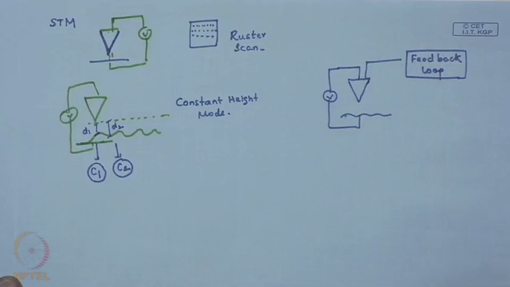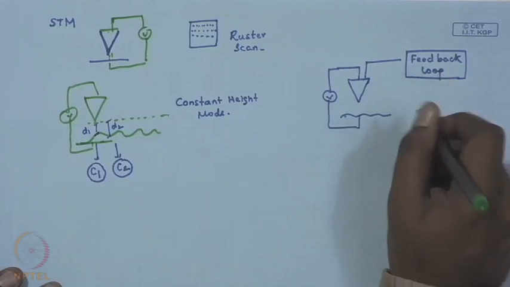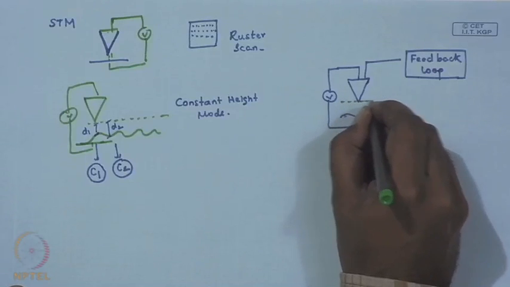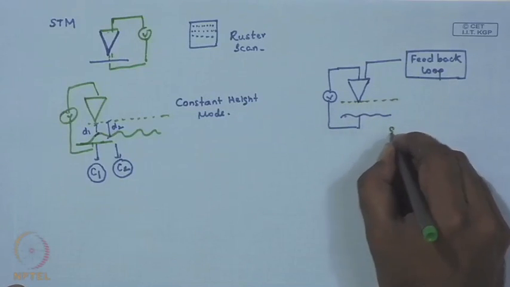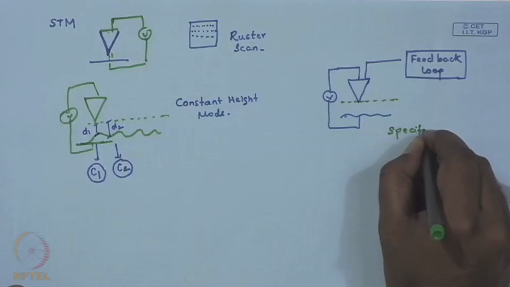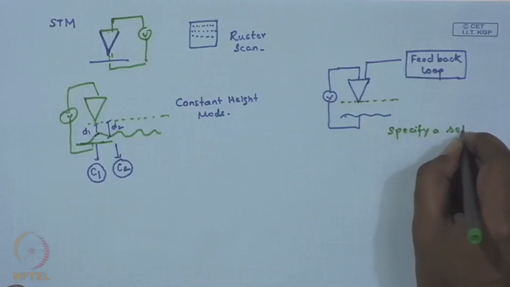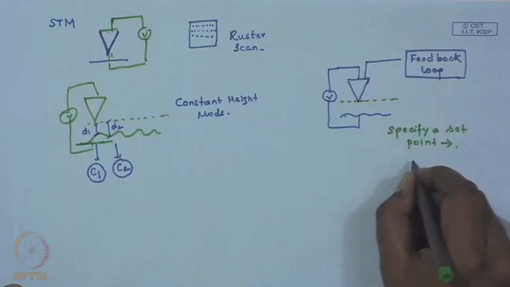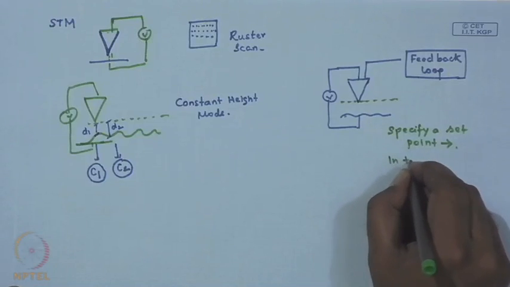This is important, and you are all chemical engineering students, so you all understand what a feedback is. So, what it does is that you specify a set point in terms of the tunneling current,